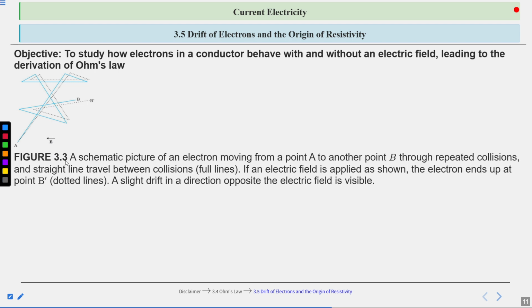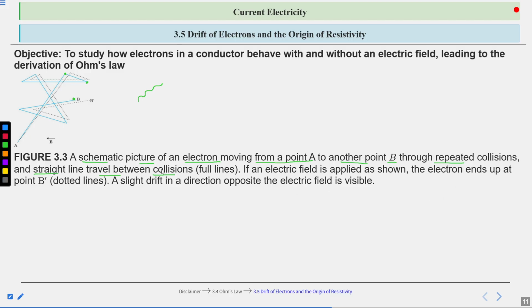So figure 3.3, what is it showing? A schematic picture of an electron moving from a point A to another point B through repeated collisions and straight line travel between the collisions. Between two collisions, the electron will travel in a straight line, not along that type of curved path. So a schematic picture of an electron moving from point A to point B through repeated collisions